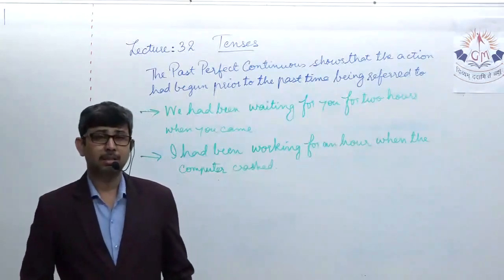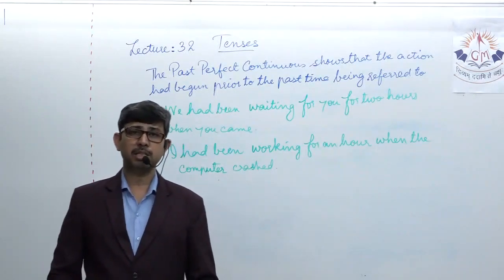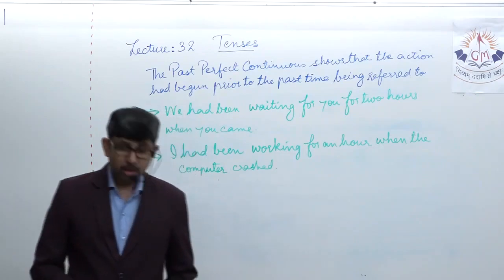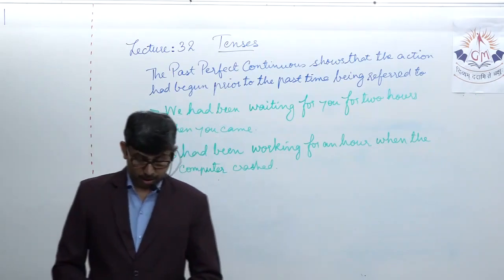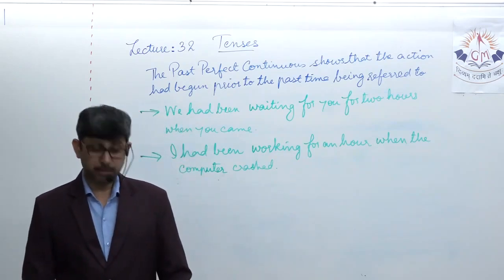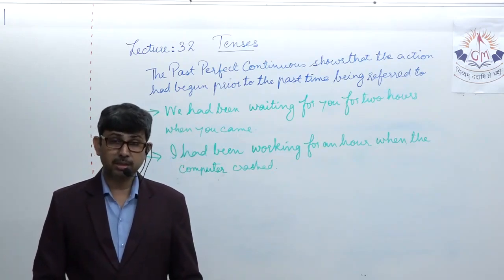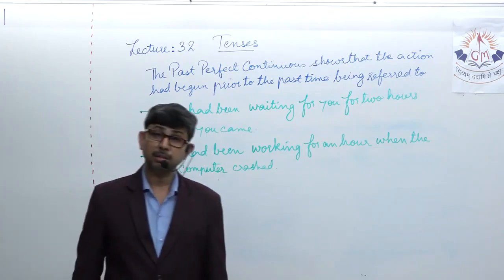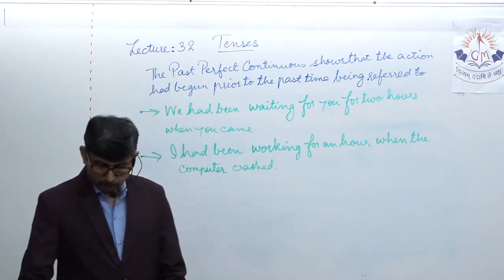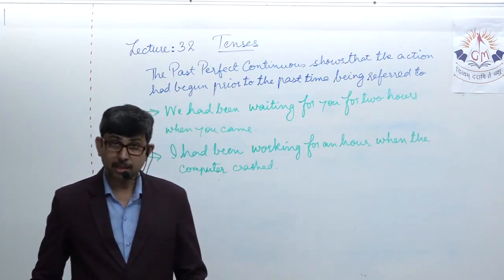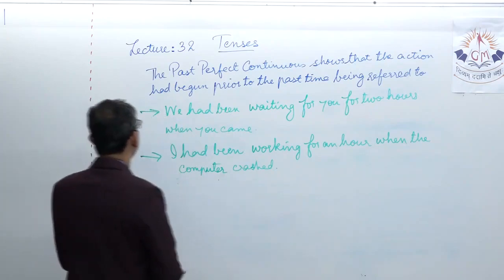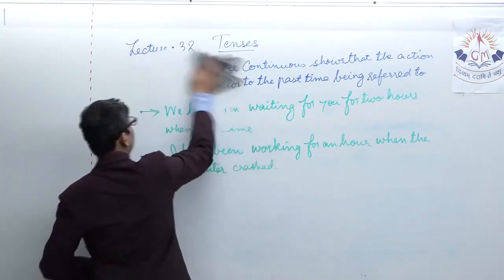Now let's see the next four tenses based on the future time. The simple future, the future continuous or progressive, the future perfect, and the combination of the two, the future perfect continuous. One by one we will look into its understanding with necessary examples. So let's start the future tense.